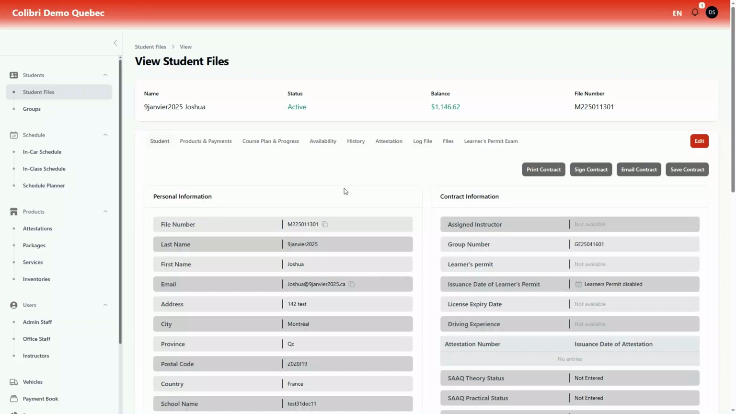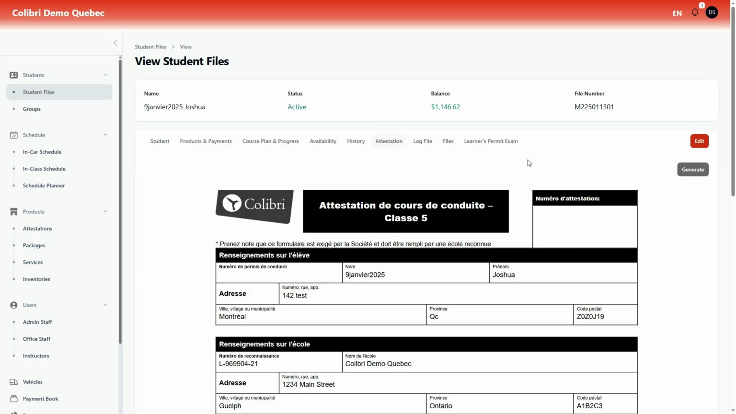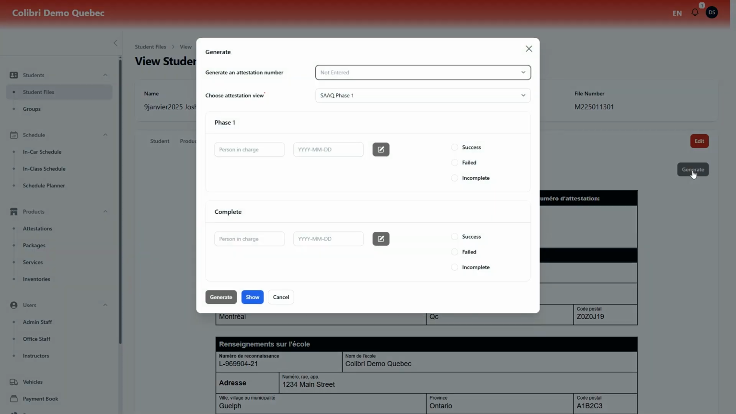To generate an attestation in Colibri, you select the student file you want to create an attestation for. Then you go on the attestation tab. From here, you're going to click on the button called Generate. Then you are going to select an attestation number,